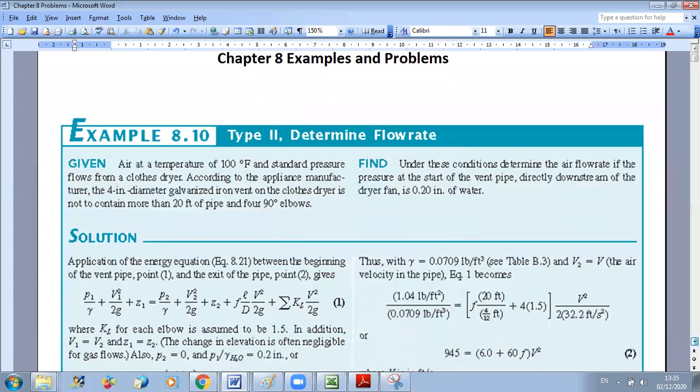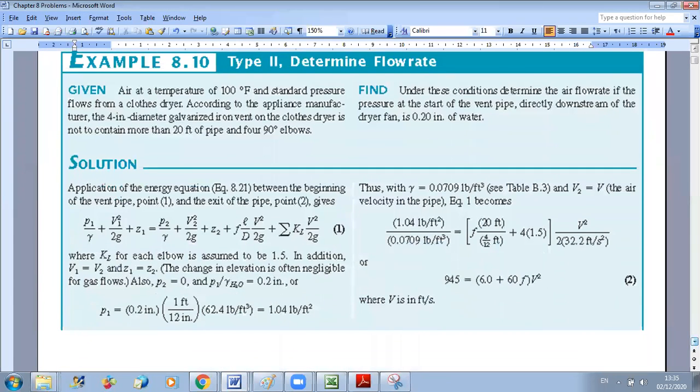We have air at a temperature of 100 Fahrenheit and standard pressure flowing from a clothes dryer. According to the appliance manufacturer, the 4-inch diameter galvanized iron vent of the clothes dryer is not to contain more than 20 feet of pipe and 4 90-degree elbows. Find under these conditions the airflow rate if the pressure at the start of the vent pipe, directly downstream of the dryer fan, is